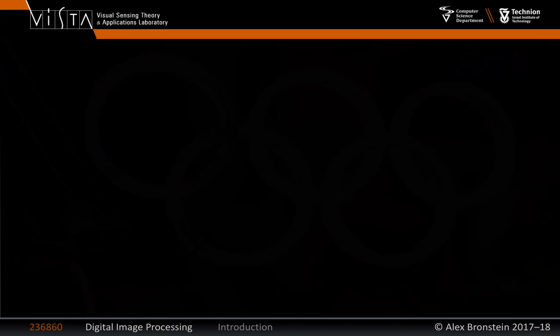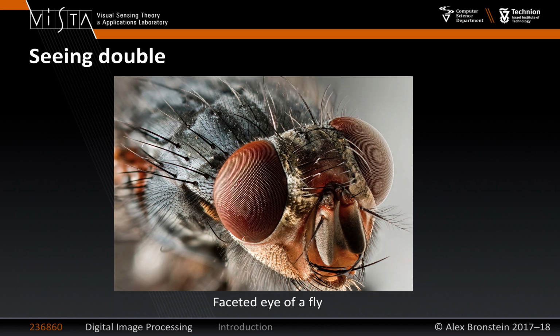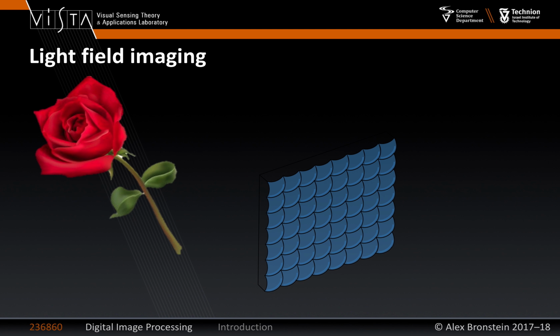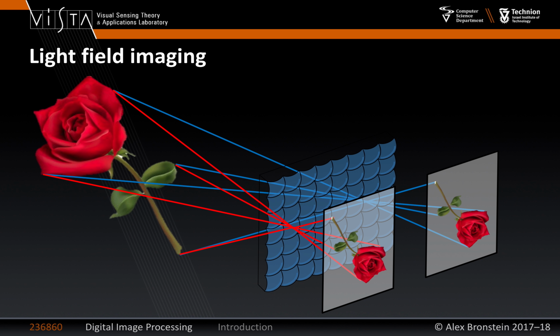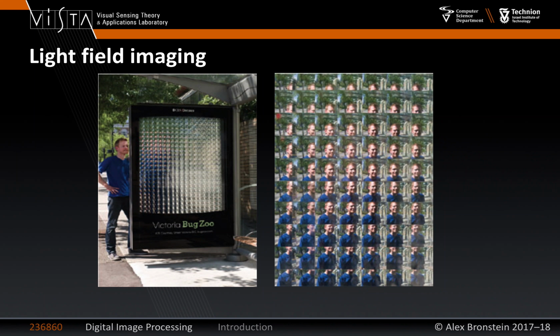Now, we can do more interesting imaging sensors. For example, we can try mimicking nature. Some insects have what are called faceted or compound eyes. They have multiple lenses that make an image of the world from slightly different vantage points. In one of the zoos in New Zealand, the organizers of an exhibition felt an urge to visualize to their customers how a honeybee would see the world. So this is more or less how it would see the world.